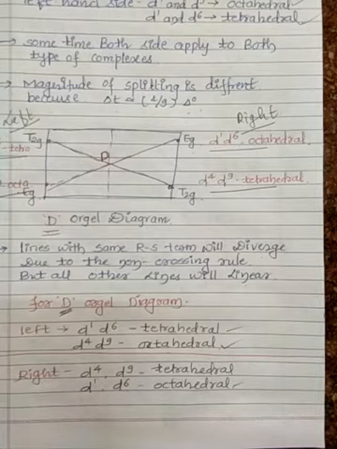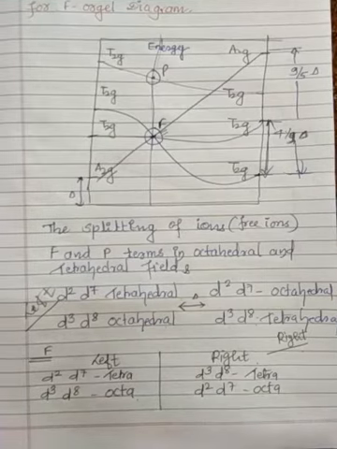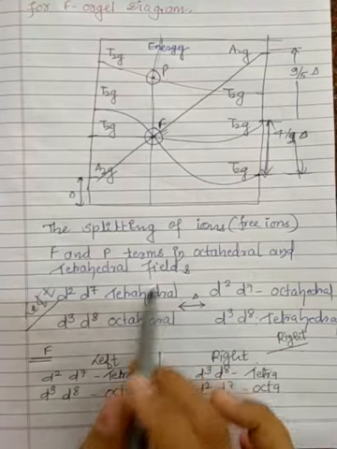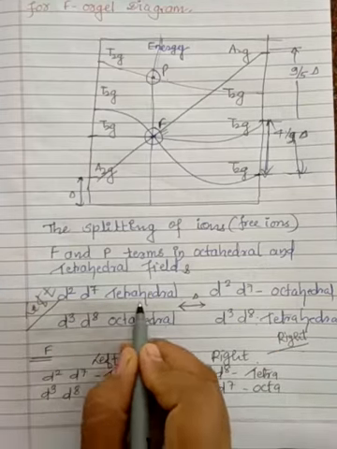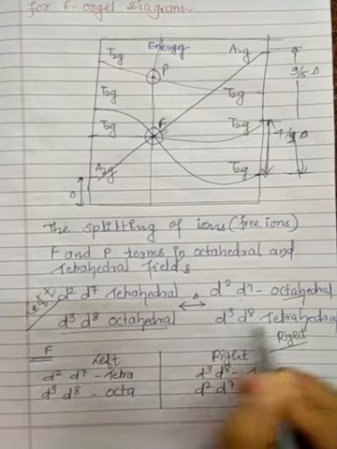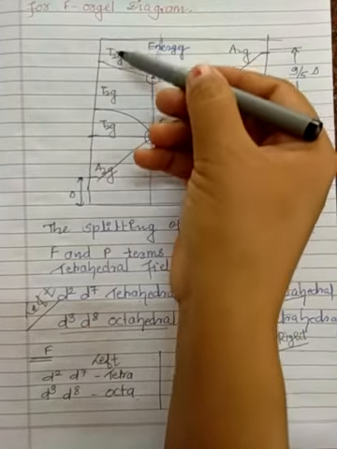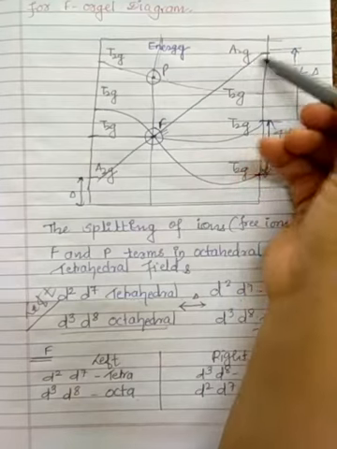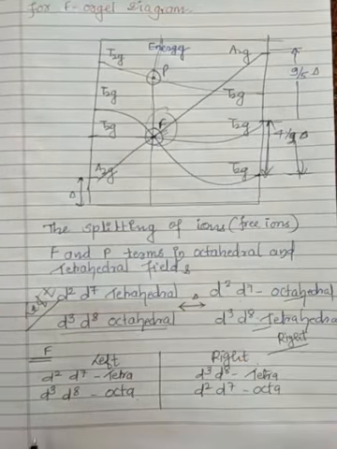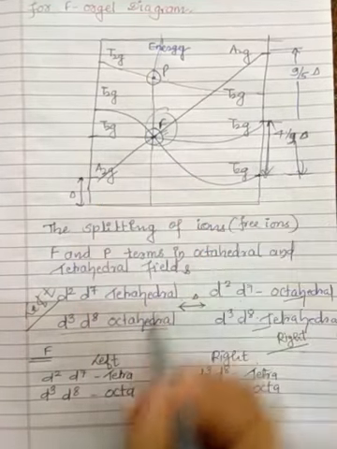We have to see over here. This is about the F orbital diagram. See, splitting of the F and P terms in the octahedral and tetrahedral fields. Left side D2, D7 tetrahedral, D3, D8 octahedral. Right side D2, D7 octahedral, D3, D8 tetrahedral. This is about the splitting. Simply T2G, T2G, T2G, A2G, all three are T2G in the case of the F orbital diagram itself. Okay, you have to show 3 parts for F and only 1 part for P.